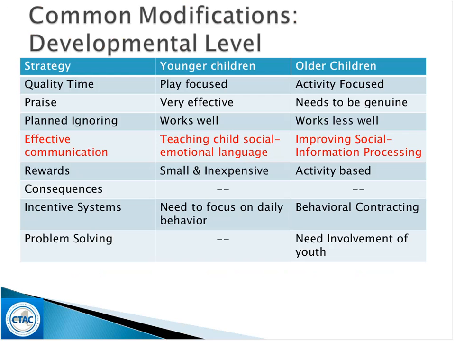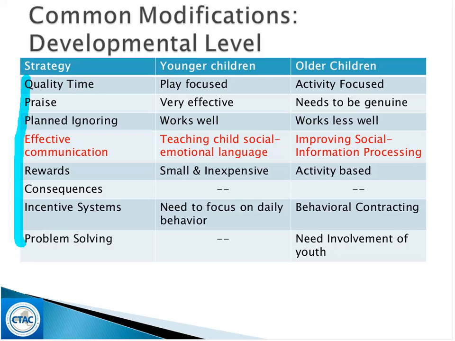Okay, now in terms of common modifications. So as you can see here, these are the 8 strategies, for younger and older children. So I'm going to talk briefly about how we modify things for the same common content across different age groups. So younger children are preschoolers through 6 or 7. Older children are like 10 or 11 years old, even in some ways younger adolescents.